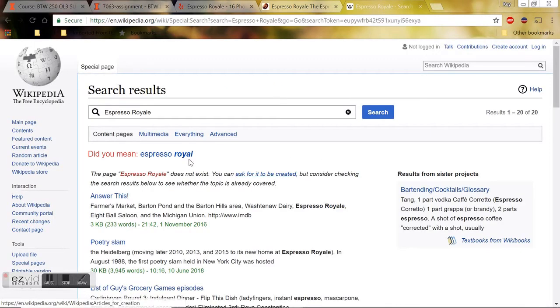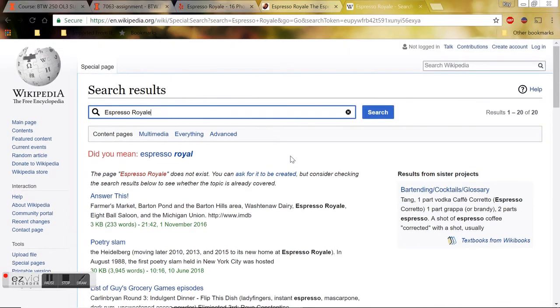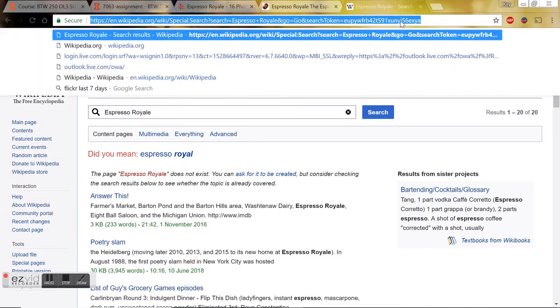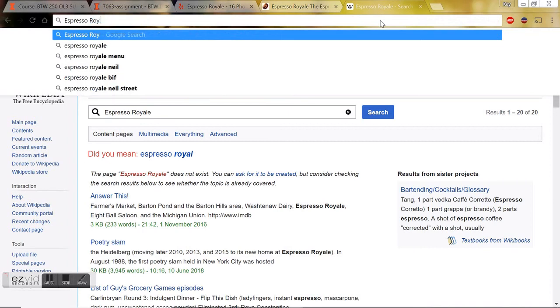What you would do, instead of just citing the Wikipedia page about Espresso Royale or whoever your business is, you would want to go down to their sources and try to go to the source of their information. Don't cite Wikipedia because that's editable by anybody. Instead, you would go to the original source information that they got their information from. Another way would be to do a search for secondary sources